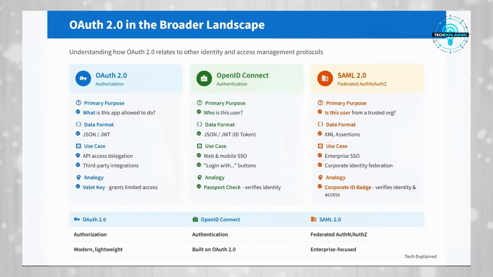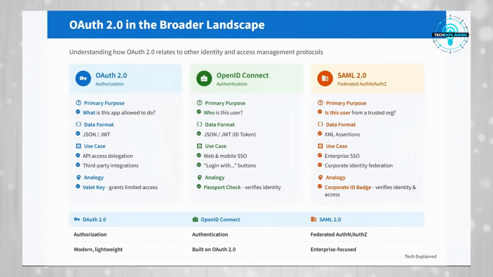OAuth 2.0 doesn't operate in a vacuum. It's part of a broader ecosystem of identity and access management protocols. Understanding its relationship with two other major standards, Security Assertion Markup Language, or SAML 2.0, and OpenID Connect, or OIDC, is crucial for anyone working in this space. The primary point of confusion arises because all three can be used to implement Single Sign-On, or SSO, but they